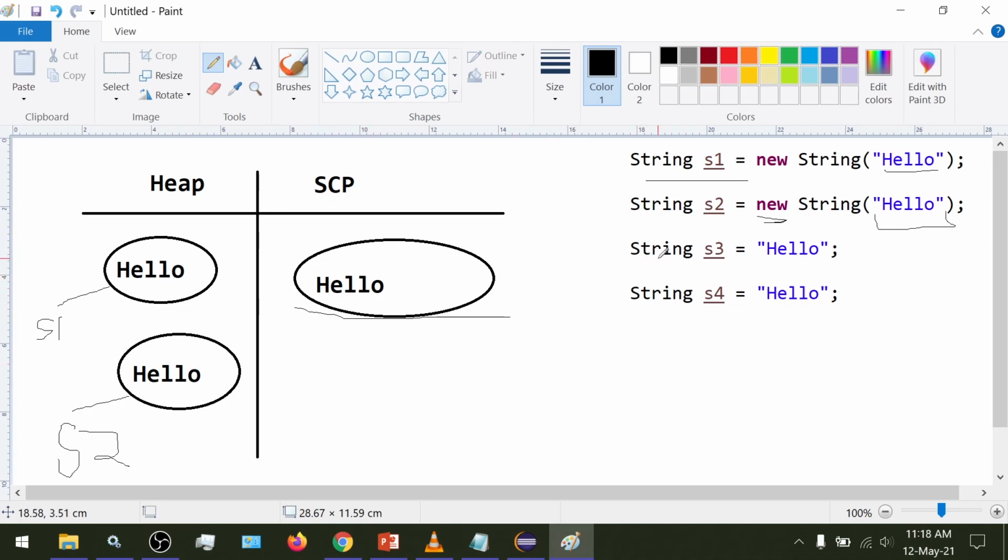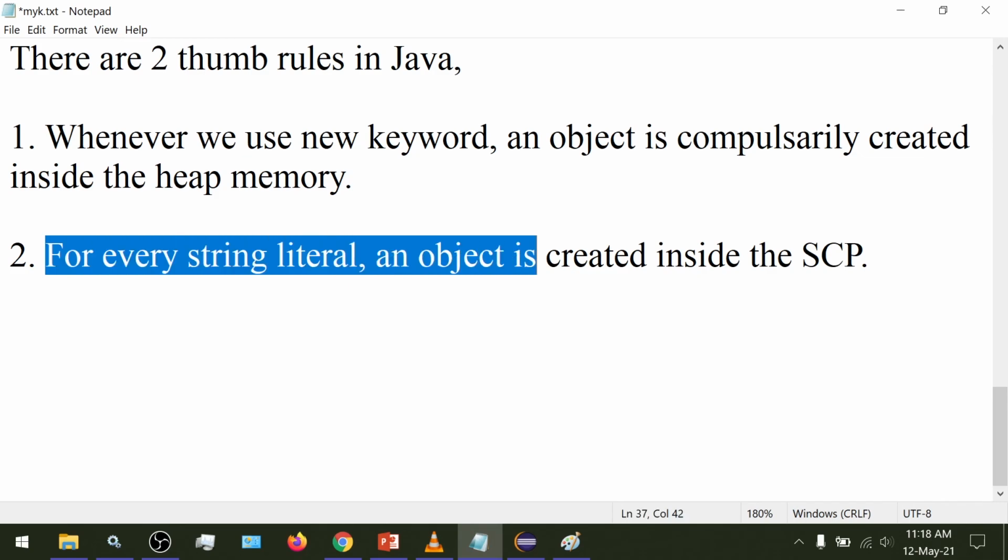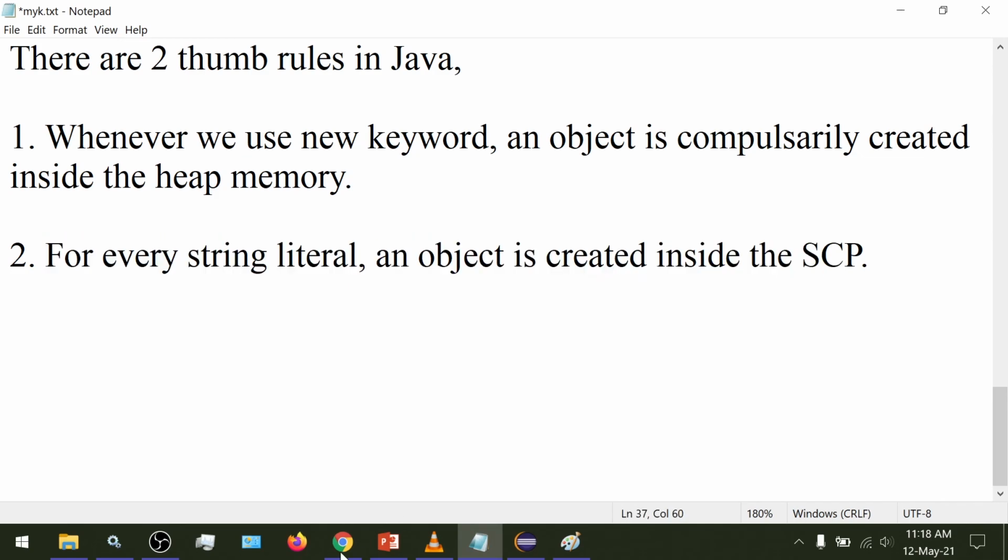Moving on to line number 3, we have String s3 = "hello". Here we have used a literal. Taking our thumb rules, we haven't used the new keyword, so an object won't be created inside the heap. And second, for every string literal, an object would be created inside the SCP.